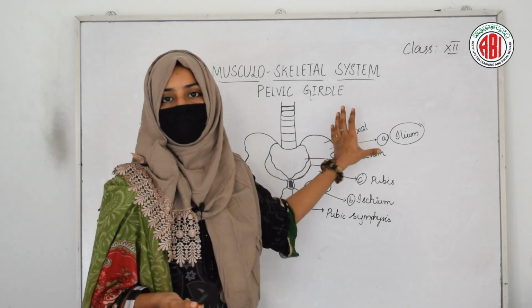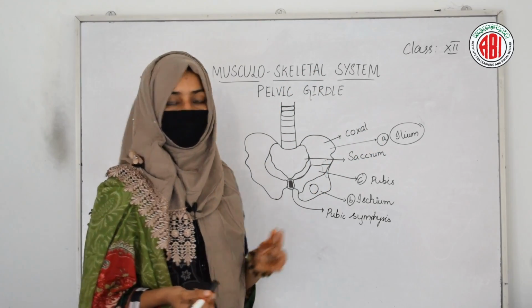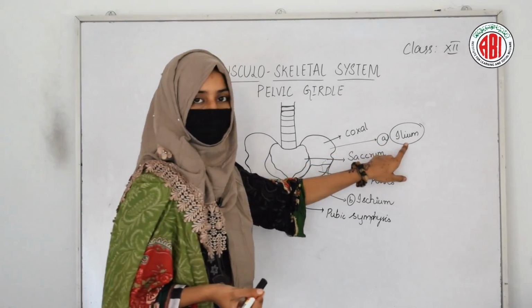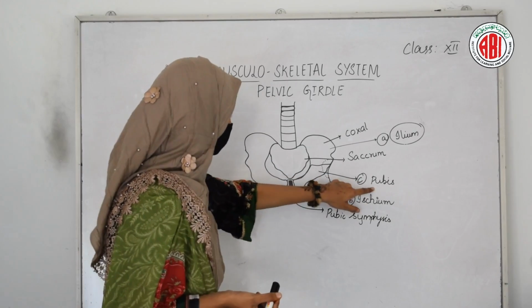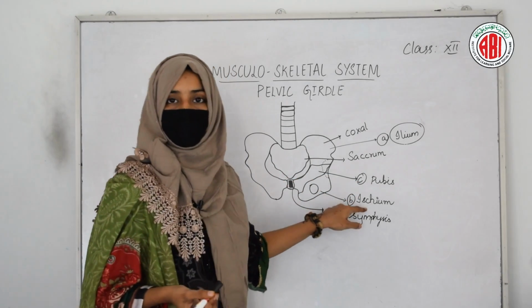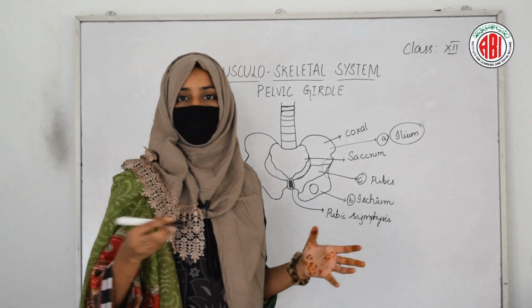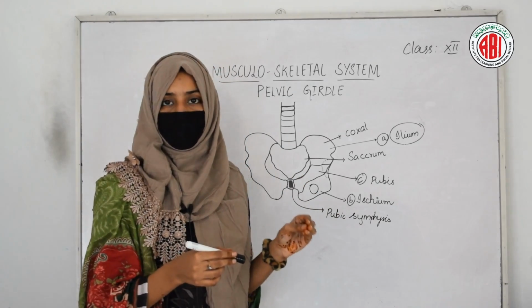Here, this coxal bone shows you three main regions. One is ilium. This part of the coxal bone is called pubis. And this part of the coxal bone is called ischium. In the ischium, you can find a hole that is not a place for joining the legs, for joining the bones of our leg.